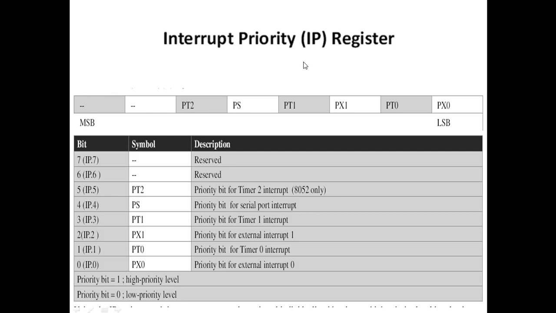Here you can set the priority of an individual interrupt by making its bit 1 or 0. Getting my point? If you set that particular bit to 1, it is set to higher priority. If you set that particular bit to 0, it is set to lower priority. So by setting any of these bits as 1 or 0, we can make their priority